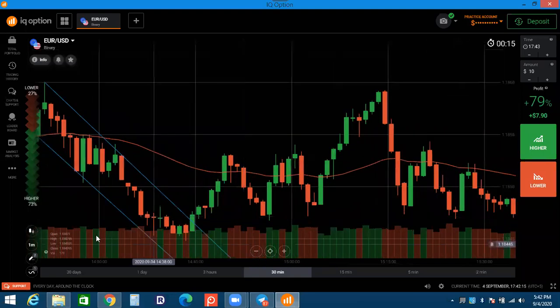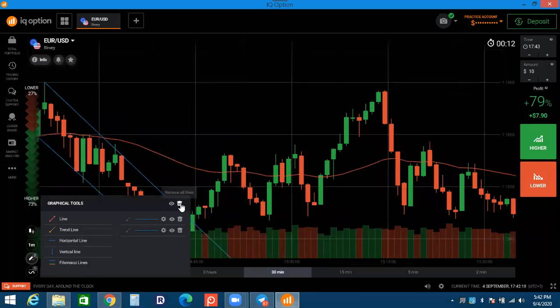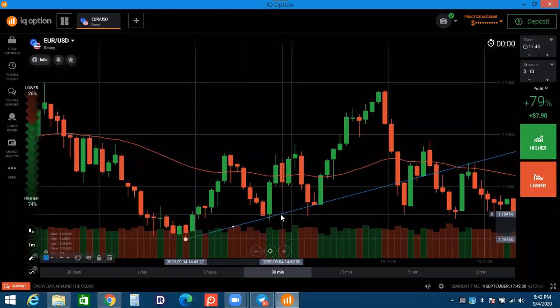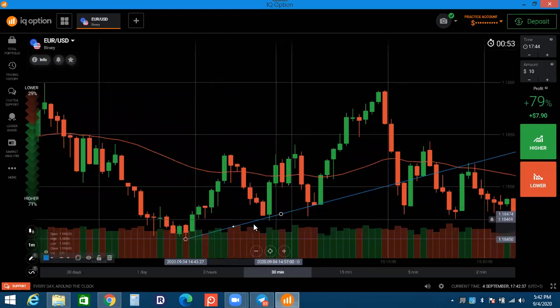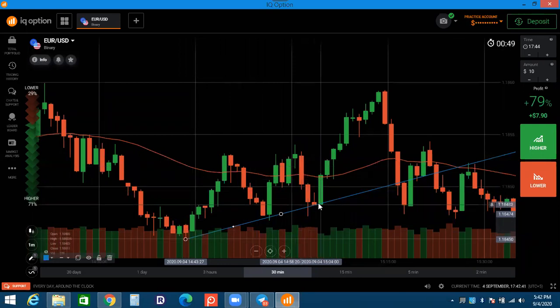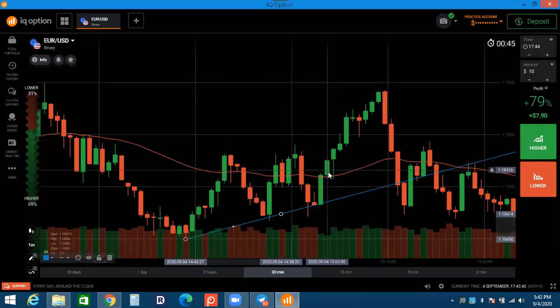So, sir, the basic thing is that the two candles must go down or must go up. Yes, the basic thing is that the two candles must go up or must go down as per the setup. So there are two candles going up, two candles going up. We will join these two points. In the trend line, sir, we are joining A to B. Only A to B we will join. The C point will be tested and one green candle will appear. You will place the trade on this candle.